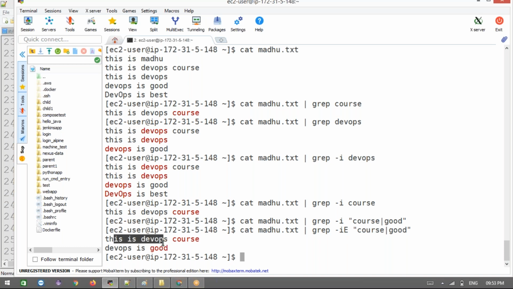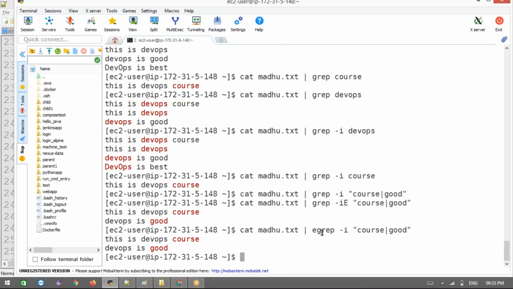Now sir, we have another command, right? Okay, now let's go for that, there is another command. Instead of capital E, you can go for egrep. Okay, now what happened, the same output will come. Instead of capital E we are going to use the command called egrep. That's the same as grep hyphen capital E, and only egrep will also do the same stuff here. There is no difference here. Okay,